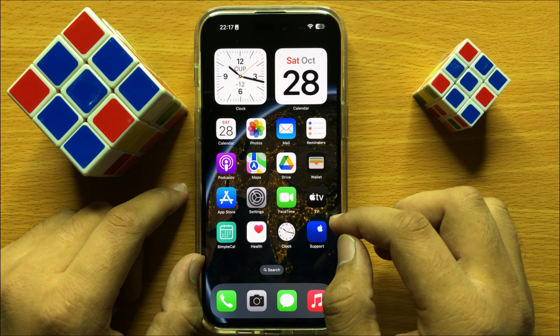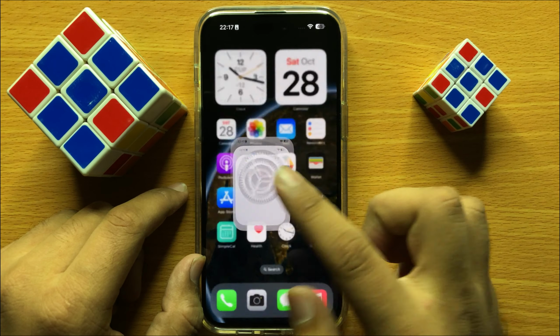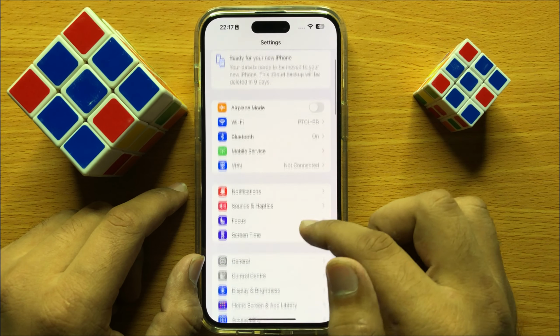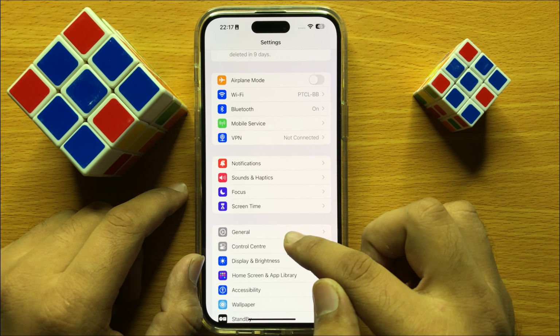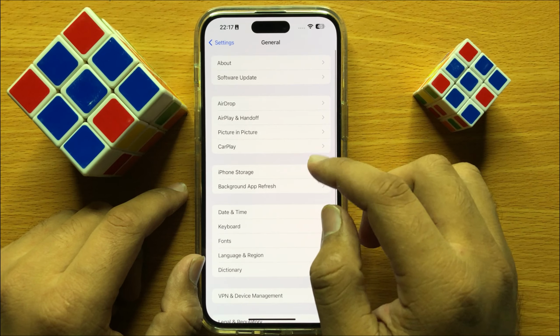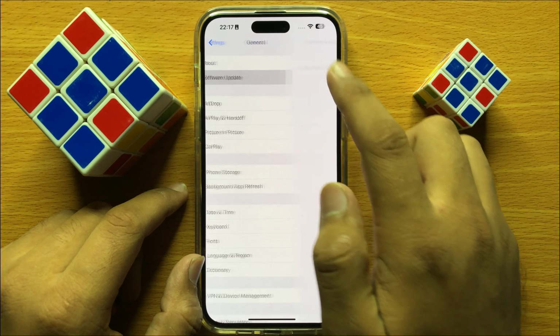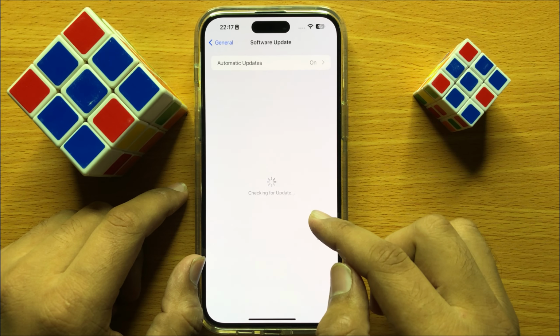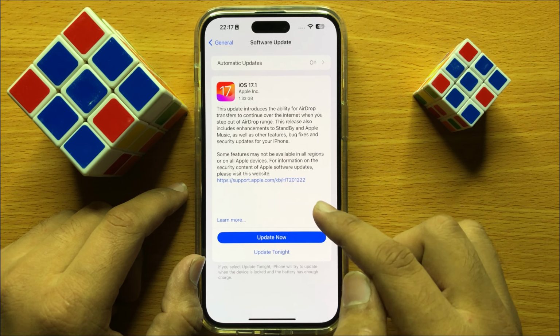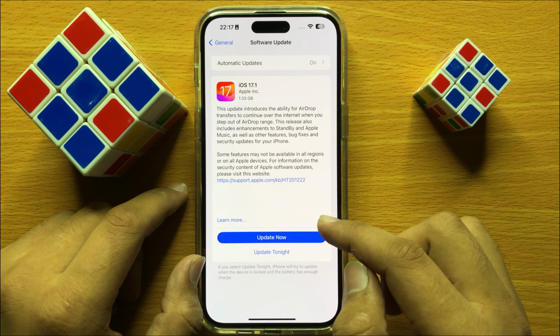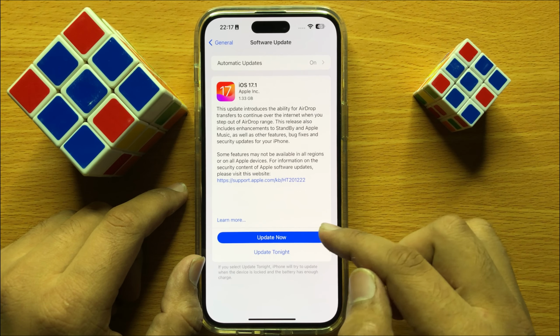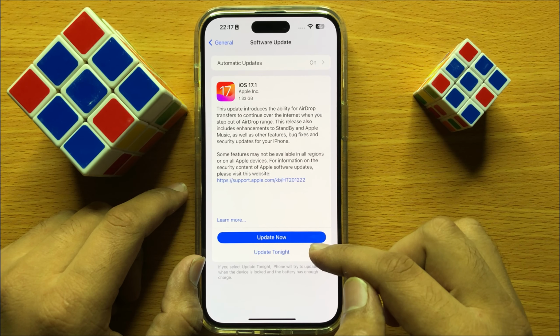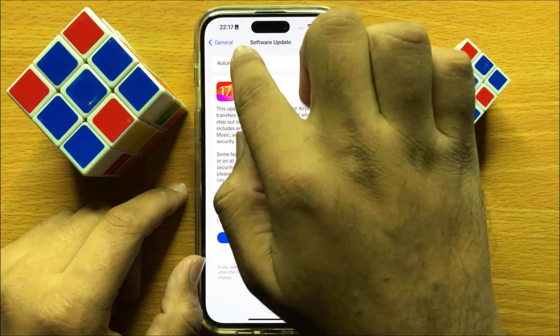So to solve this issue, first of all open settings, and in settings scroll down and click on general. Now here click on software update and check if your iPhone is updated to the latest version of iOS or not. So if your iPhone is not updated, first of all update it, and after updating go back